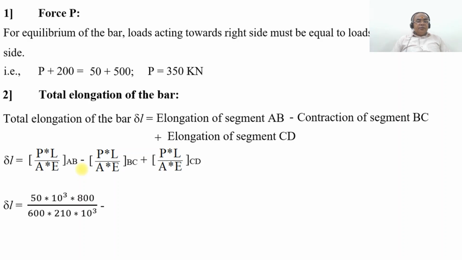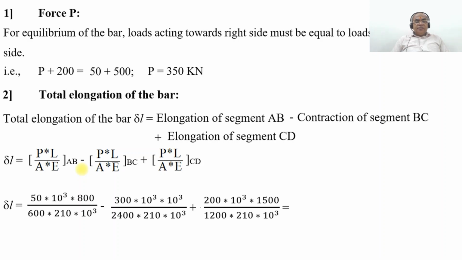So delta L will be equal to, now you substitute the values: P, which is 50 into 10 to the power of 3, into 800 divided by 600 into 210 into 10 to the power of 3, minus 300 into 10 to the power of 3, because the length of the segment is 1000, divided by 2400 into Young's modulus, which is 210 into 10 to the power of 3, plus P, that is 200 into 10 to the power of 3 into 1500 divided by 1200 into 210 into 10 to the power of 3. So on simplification, you are going to get the first one 0.3175